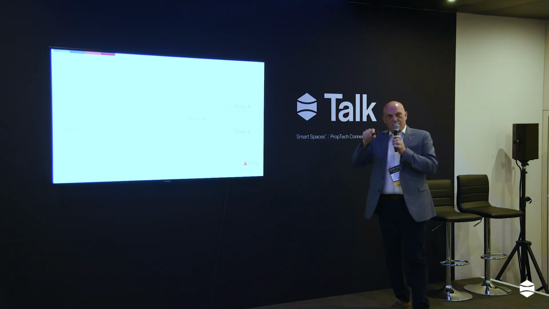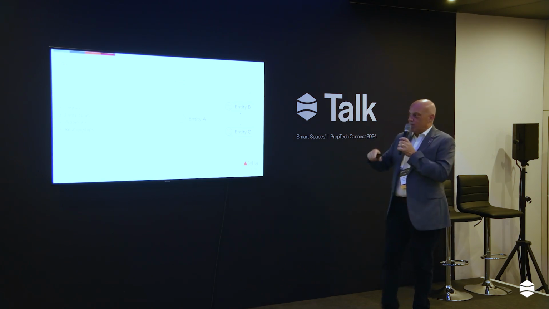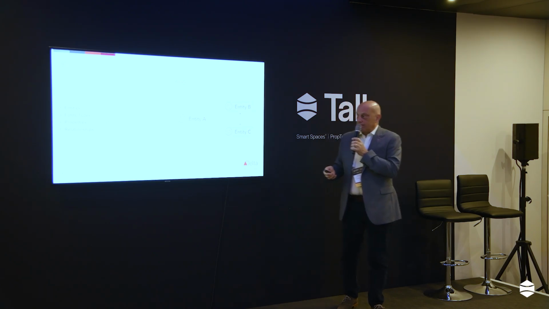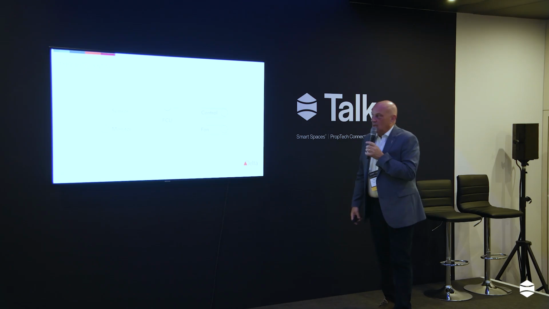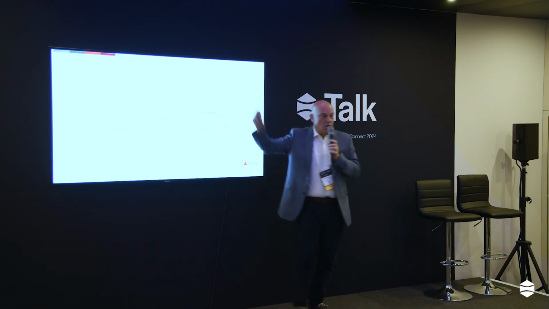The point with that is it makes the ultimate goal of this, which is machine learning to do the fault detection and diagnostics, easier, because the ontology describes what happens and provides a set of tools to allow things to be queried. Typically there, that's what one type of fan coil unit would be. It's got a sensor to give it a room temperature, it's got a monitor for is the fan running, switch the fan on, control, open the heating valve, open the cooling valve. So that's how they would describe it. And then there would be another fan coil with maybe more or different types.